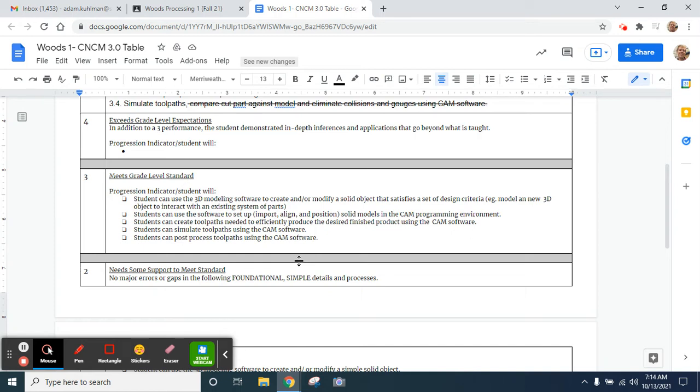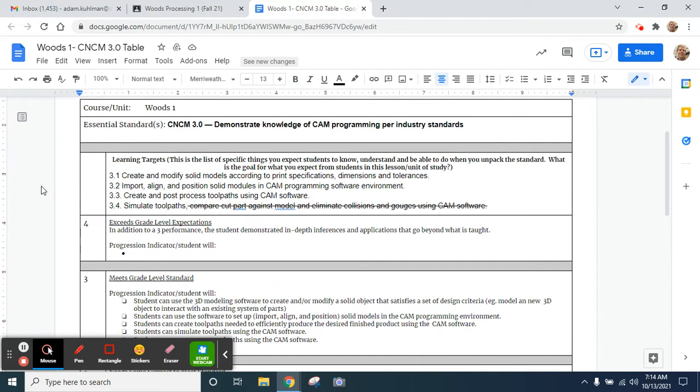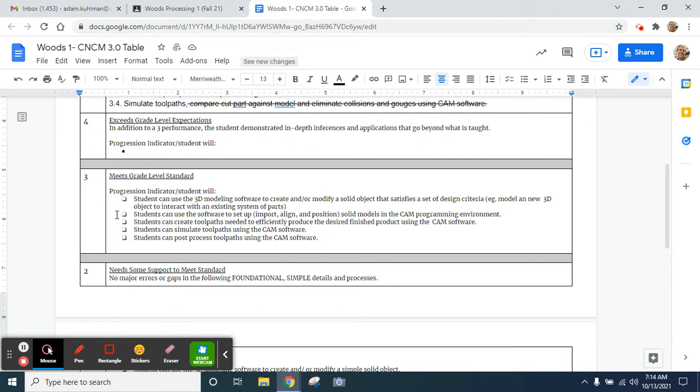Welcome, students. In this video, we are going to cover how to create the toolpath for the base of your cribbage board. And I'm not starting off on our classroom page. I'm starting off on our proficiency table page because I wanted to point out that as we work through this